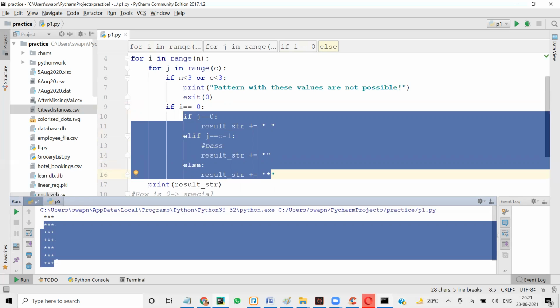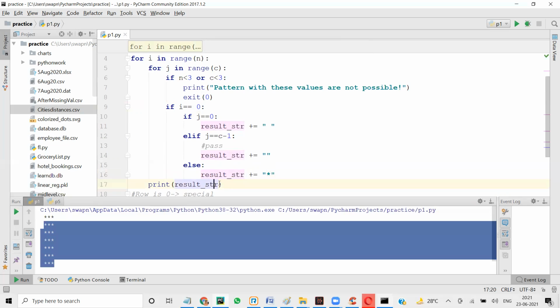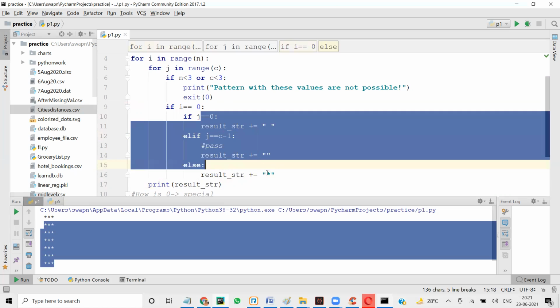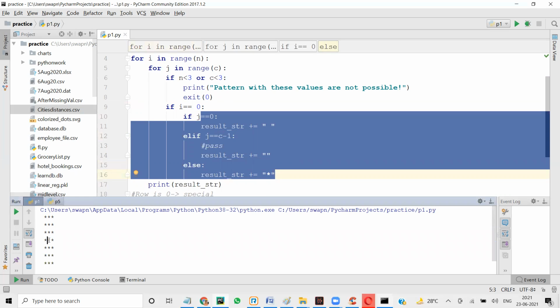Because we are giving the print result, right? So print result is inside if, right? So J will perform this, after this print result, then again it will go into the outer loop for I in range n. So it will increment that value. But when it comes here, I is now 1. So this condition will become false. So these things will not be printed again, right? Then why did we get again 3 stars here?